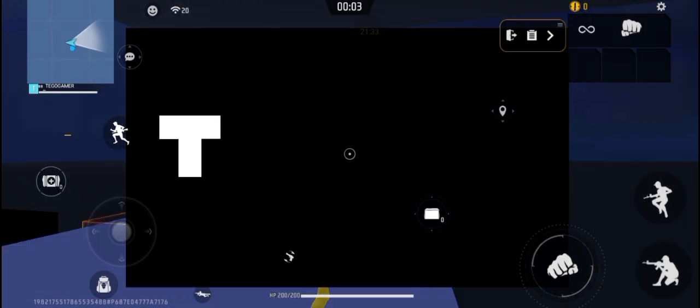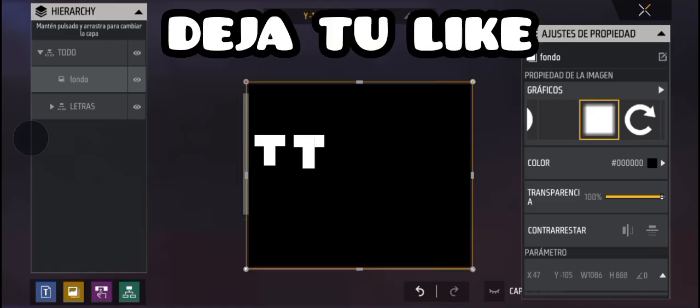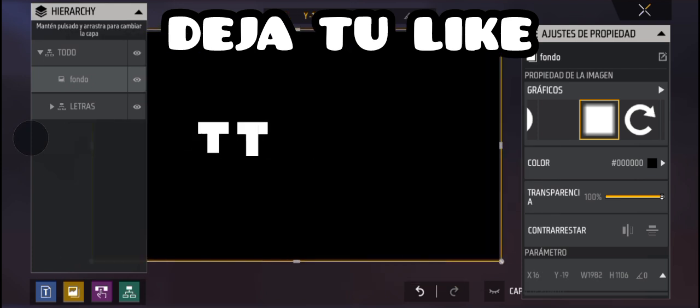If you want the background to cover the entire screen, within the design edition, just enlarge the background image and